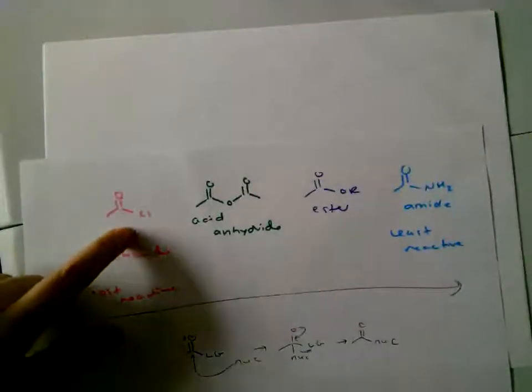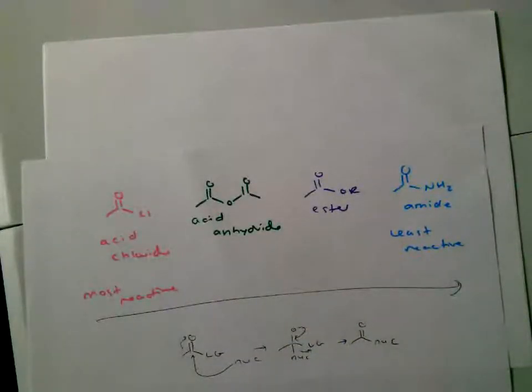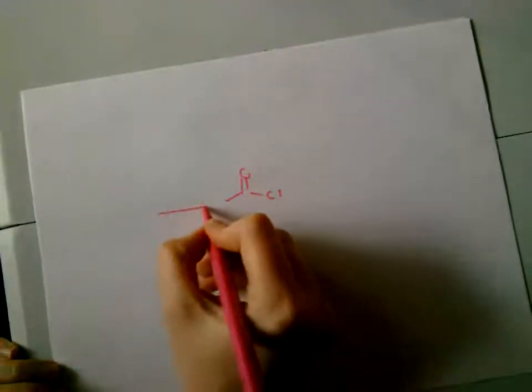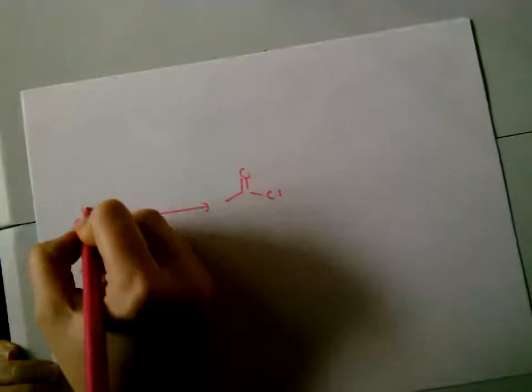And this has been one of the number one things that's helped me organize carboxylic acid derivatives in my mind. So we're going to start with making an acid chloride, and we'll be able to turn it into all these things, and then we'll be able to do a few other things. So an acid chloride, hopefully you already know one way that you can make an acid chloride, and that's if you start with carboxylic acid